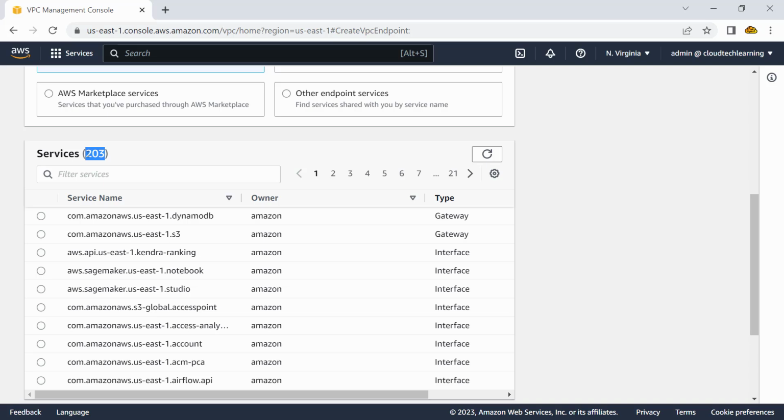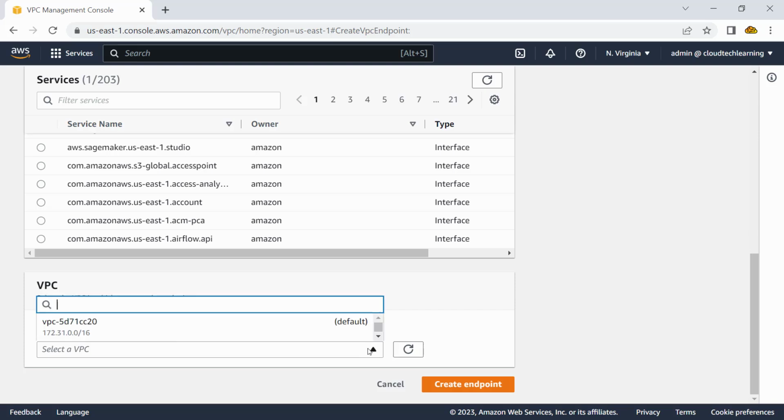I want to establish one connectivity to S3, and maybe another one I want to set up with Athena. Athena is a query service by which you could query data. We won't use that service here, but I'm just trying to establish a connectivity to that service. Let me first set up an S3 endpoint, and I am selecting S3 as a gateway endpoint. So I selected S3 as a gateway endpoint for US East 1, the region which I am in right now,